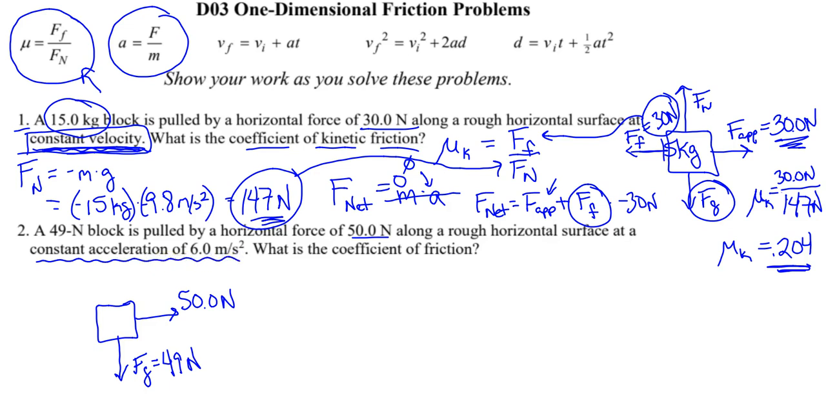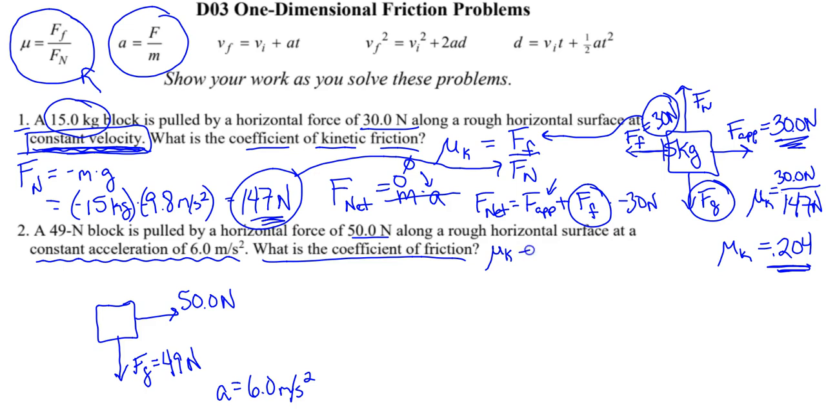Our acceleration is equal to 6.0 meters per second squared. It says what is the coefficient of friction? So we need to find the coefficient of friction. We can only find the coefficient of kinetic friction because it is accelerating. Okay, so our coefficient of kinetic friction